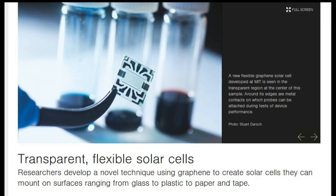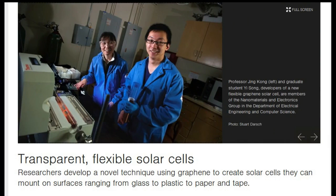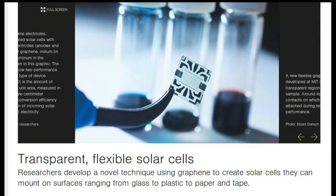Imagine a future in which solar cells are all around us on windows and walls, cell phones, laptops, and more. A new, flexible, transparent solar cell developed at MIT is bringing that future one step closer. The device combines low-cost organic materials with the electrodes of graphene, a flexible, transparent material made from inexpensive and abundant